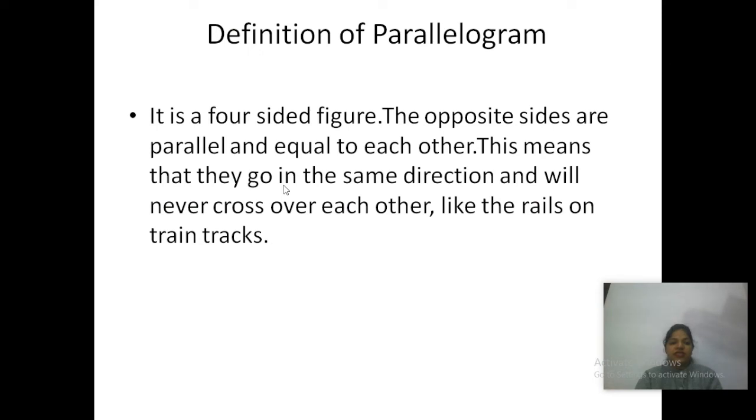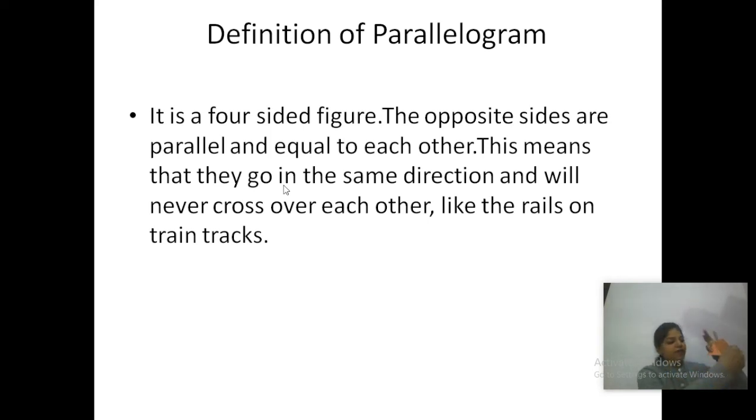Now students, the next one we have is the definition of parallelogram. Now I am going to explain parallelogram. What is a parallelogram? It is a four-sided figure, right? The opposite sides are parallel and equal to each other. Now I am going to make it on a cutout. As I showed you, this is a square shape, right? Then we will fold it like this. This is now a rectangle. When I fold one corner like this, it is a trapezium.